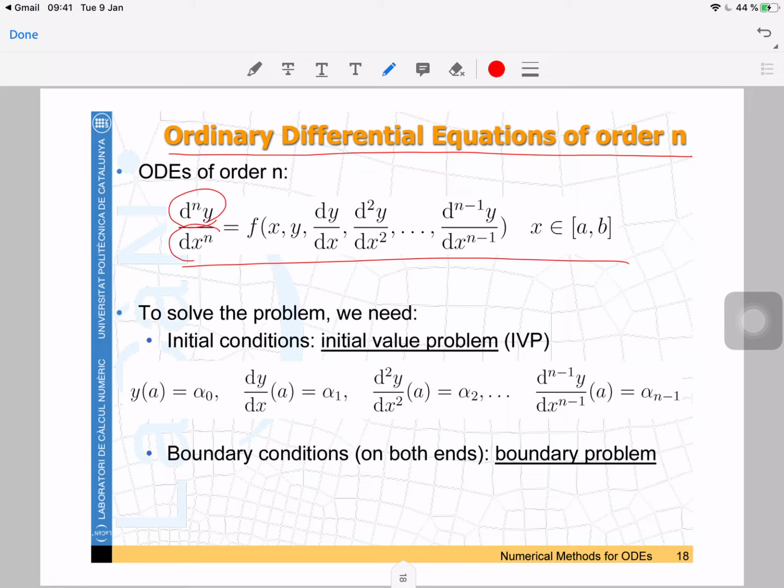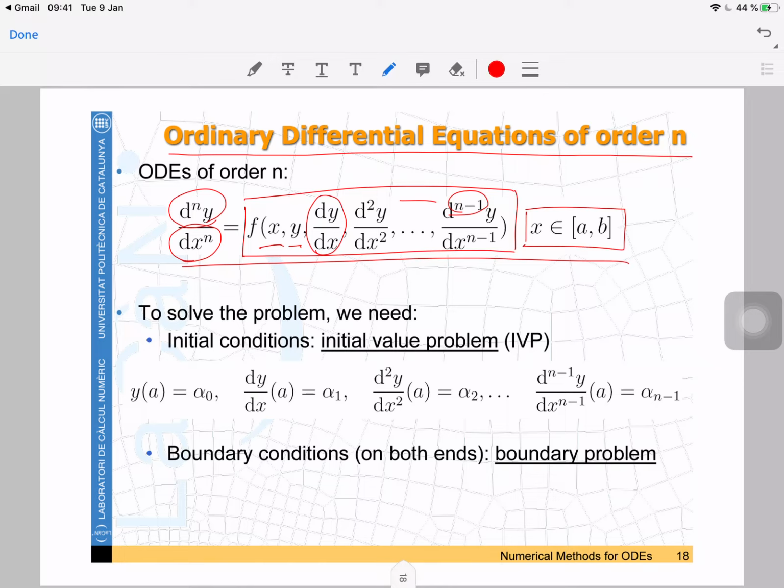y with respect to x, and on the right hand side we have an f function, which is the function of x and y and the derivatives of y with respect to x until order n minus 1. So x is in the interval of a and b, and to solve the problem, basically we need to